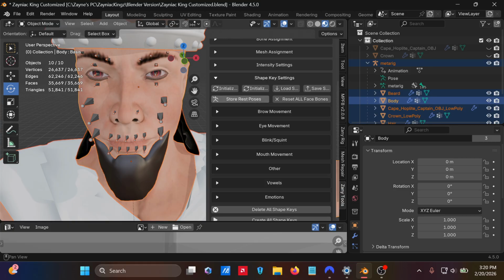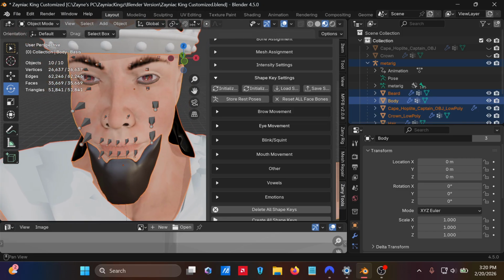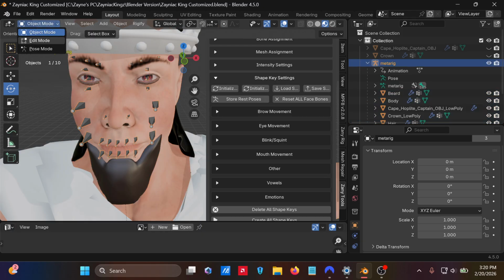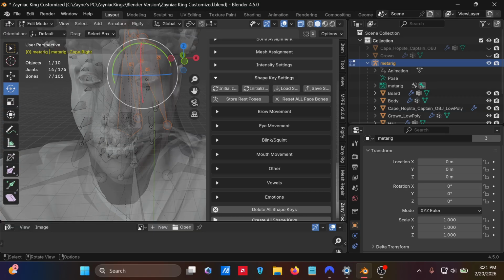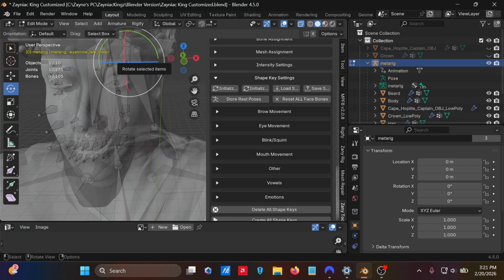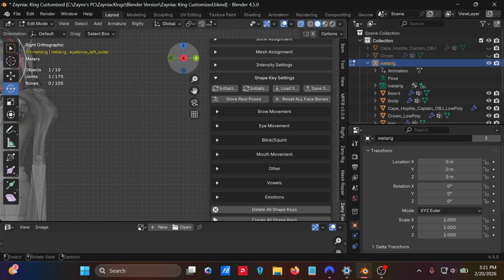Okay, so one of the key things that you want to do is store the rest poses. This will ensure that all the bones as they are right now are at the places that they're supposed to be. Now let's say you have a mesh and you created these bones, but it's not aligned properly. What you can do is you can always go in here, select the bones that you want. Usually it's better if you just go to X-ray mode,